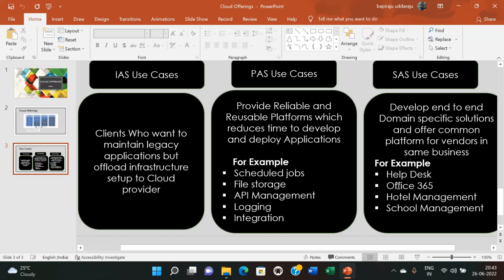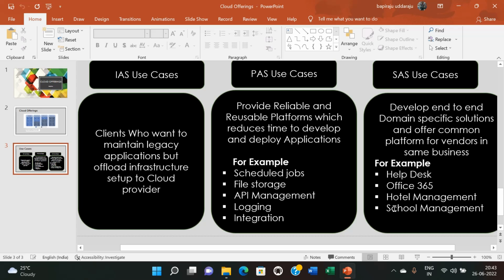And Office 365 is the best example in today's world. It comprises the entire Microsoft Office application suite along with Outlook, which is a common need for any vendor who is providing software services and running software applications.